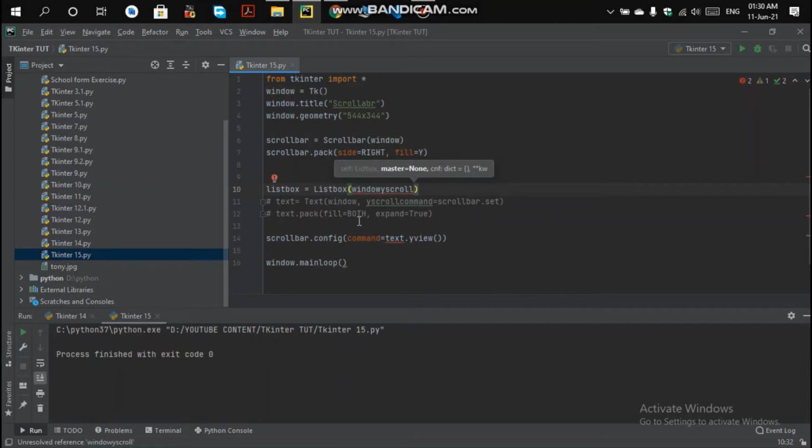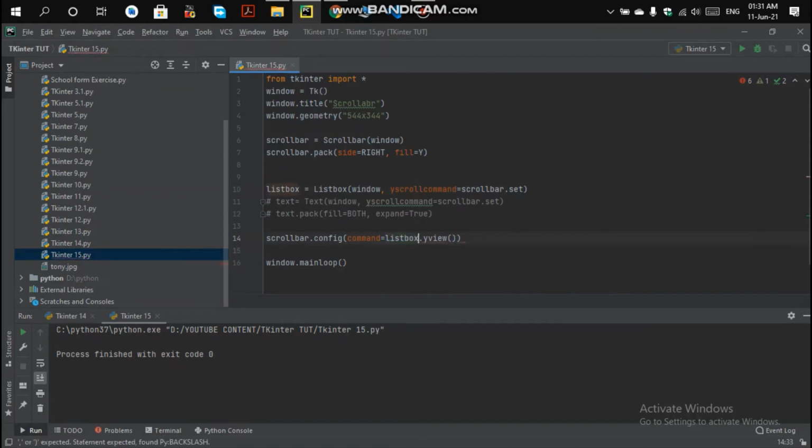Let me copy it from here: window, comma, yscrollcommand as. We are going to set it to the list box, scrollbar.set, that's it. When you run this, there is no text here, basically this will be your list box.